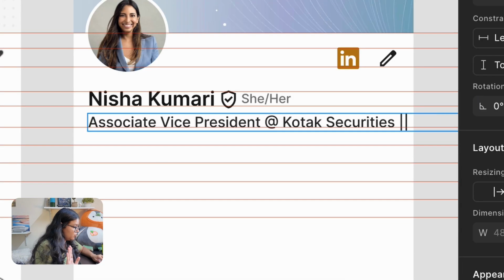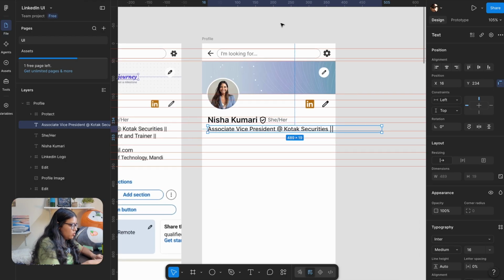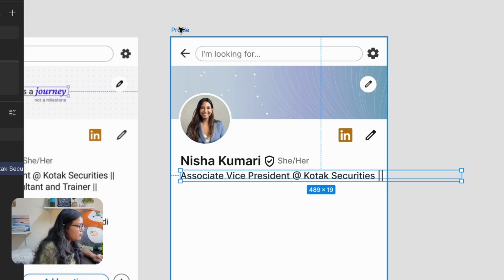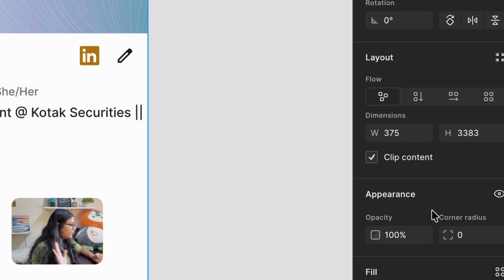And as you can see, by default, my text is flowing outside the frame and you can't even see it. What is happening? Let me tell you what is happening. So I'm just going to turn off the rulers as of now. ये जो आपका main frame है, जिसके अंदर ये आपका element रखा हुआ है, which is the text element that we are working on right now. तो इस पे अगर आप जाओगे and you go to the right panel and with the layout, you will see this small thing called clip element. Clip is technically, पहले इसको turn off करके देखते हैं. Right now it's turned on. Turn off करके देखते हैं कि हो क्या रहा है.